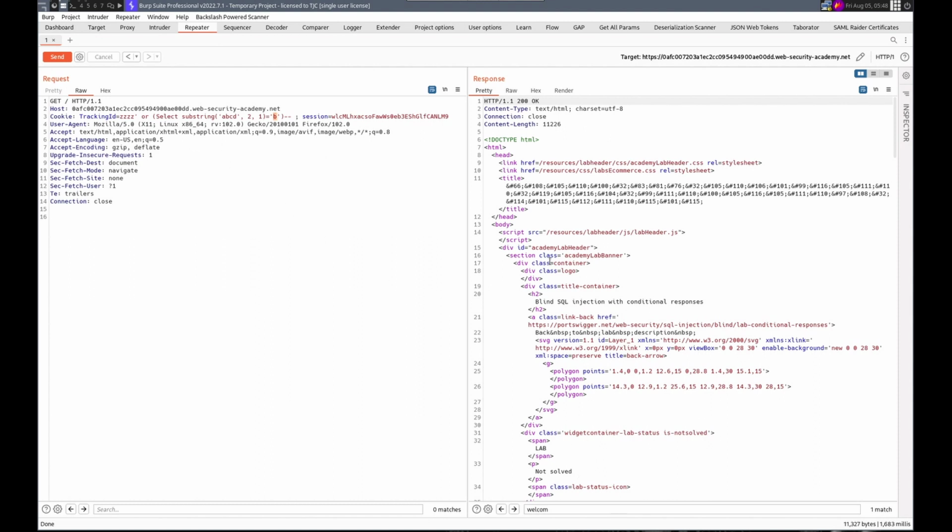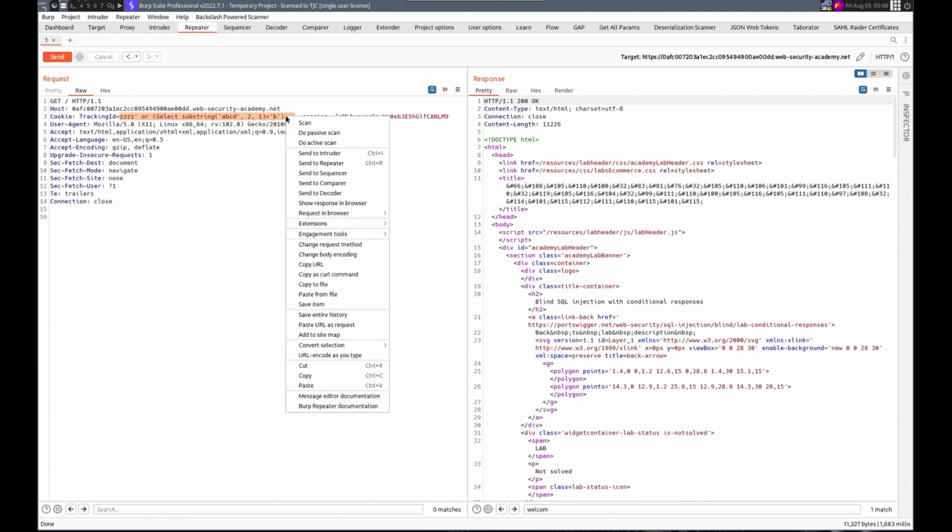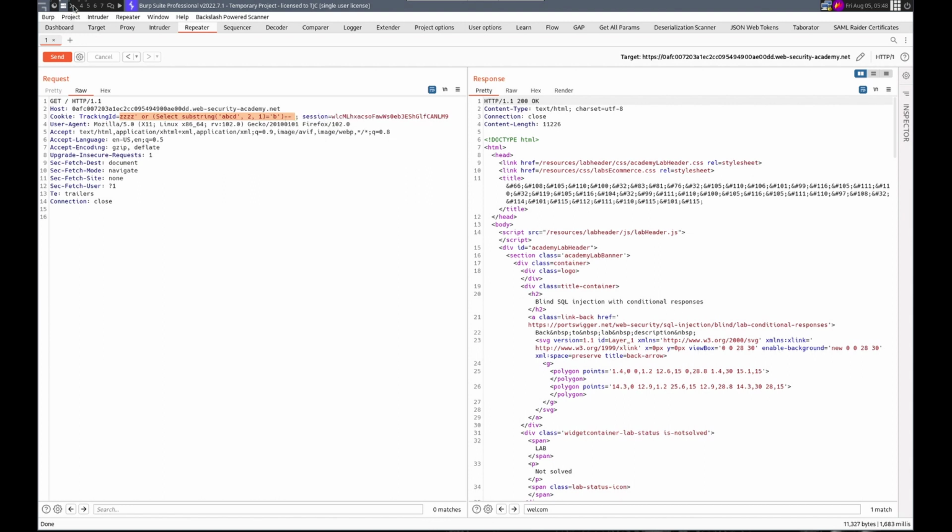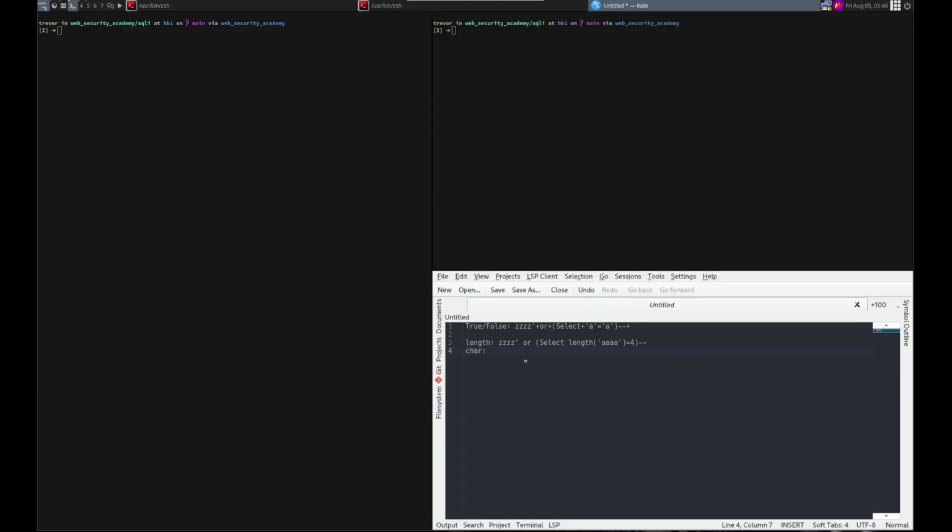If it's not true, we do not. And so that is our char query. So let me copy this. Combine these two with the knowledge of what the page looks like with a true or a false statement, and we can get all the data from